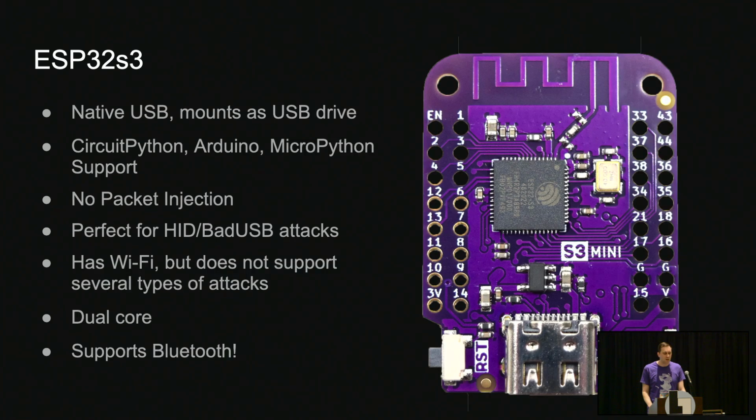So I really like this microcontroller, and I run it in the majority of the devices that I work on today. This is, in my opinion, the future, the ESP32S3. This came out recently, and this is the S3 mini form factor, so it's in a little bit of a breakout board. The actual microcontroller itself is this little square here. But this one has native USB, mounts as a flash drive, again, CircuitPython, Arduino, MicroPython, but it also supports Bluetooth,